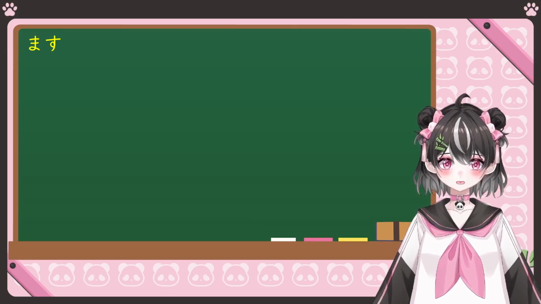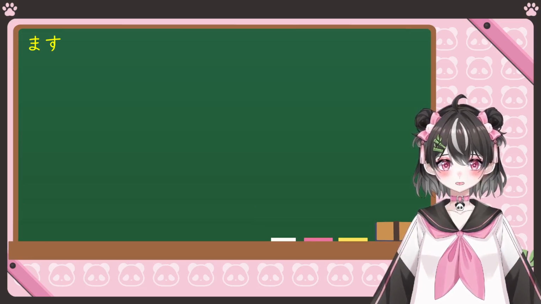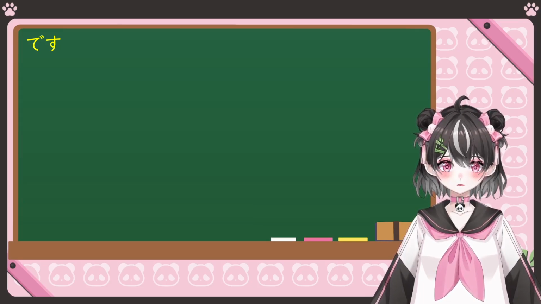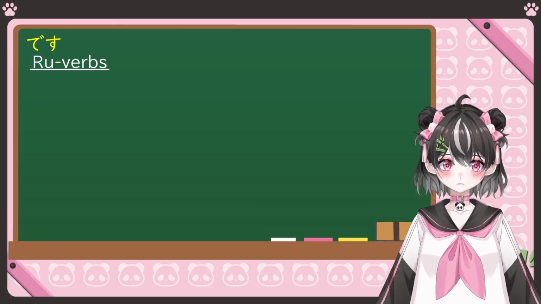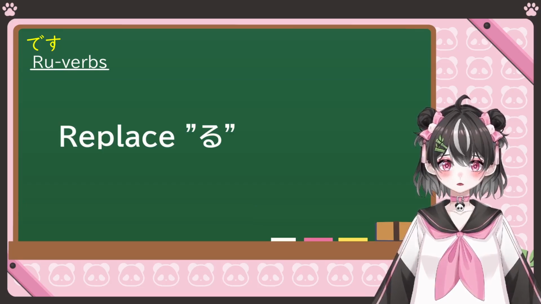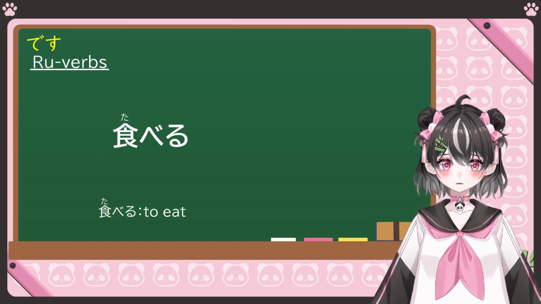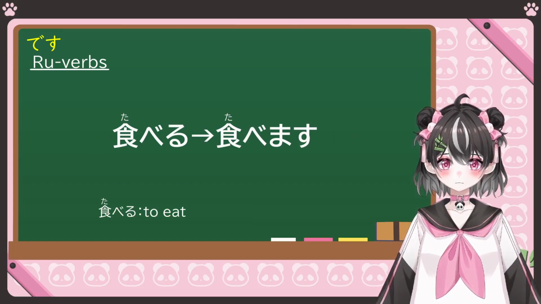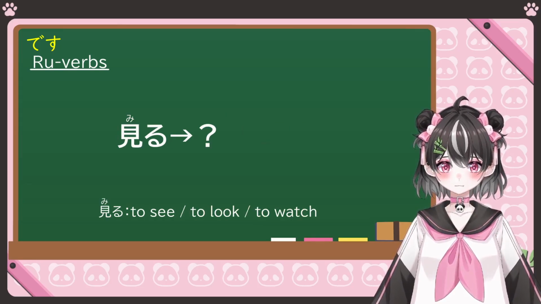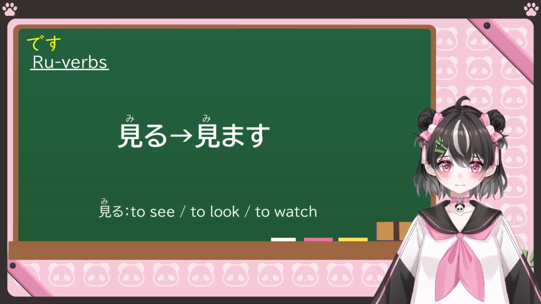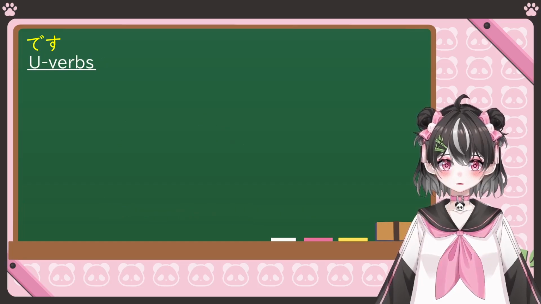Next up, ます form. ます form is used with verbs. Firstly, let's take a look at ru verbs. The rule for ru verbs is simple. Just replace る with ます。For example, 食べる goes to 食べます。Then how about 見る? It's 見ます。